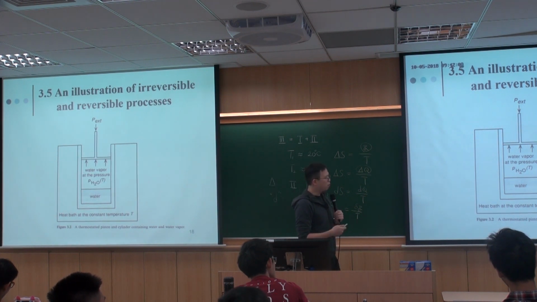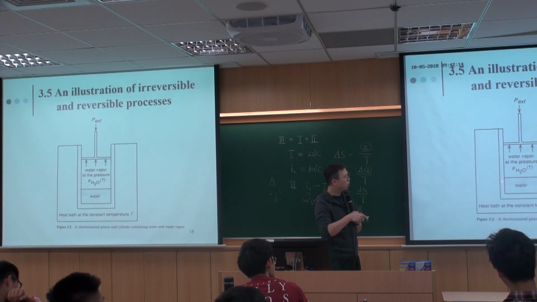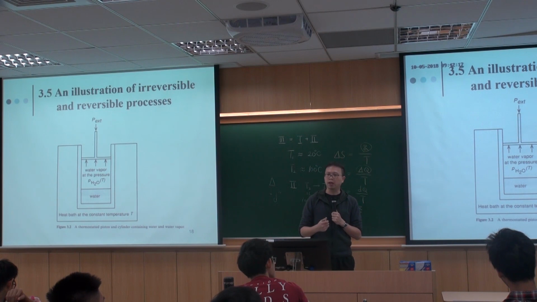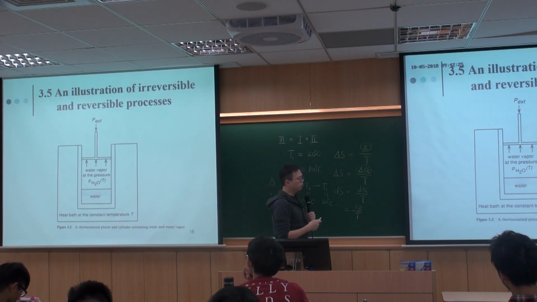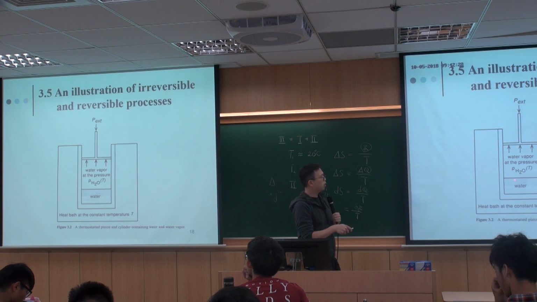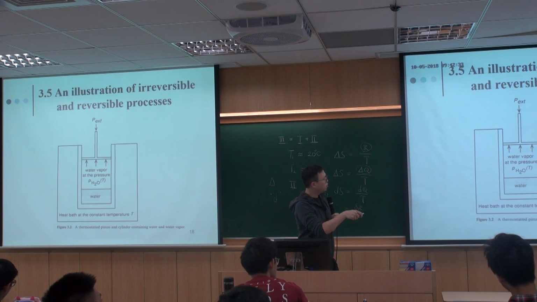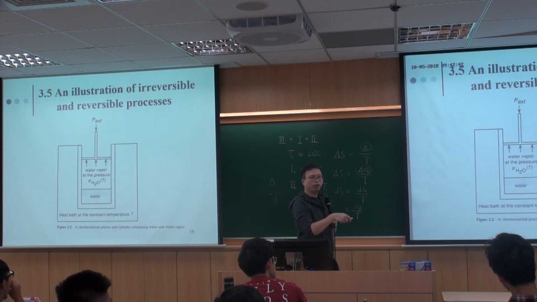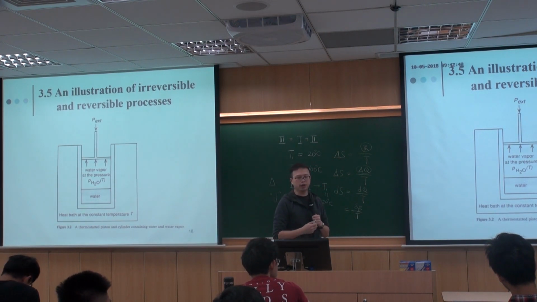And for the evaporation process, if the water needs to be evaporated into this vapor part, we know that it must absorb some heat, because evaporation is an endothermic process. So it needs the supply of heat in order to evaporate some amount of water into the vapor, which means that this heat bath, or heat reservoir, will supply a certain amount of heat, Q, into the system. And then some of the water, in liquid form, will be evaporated into vapor.